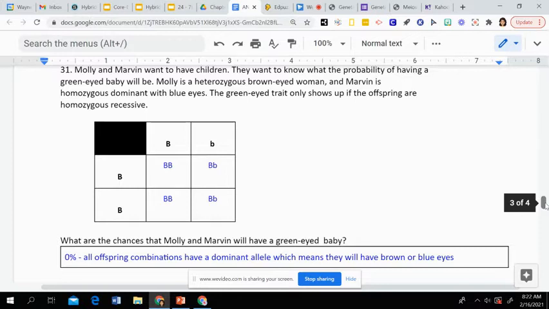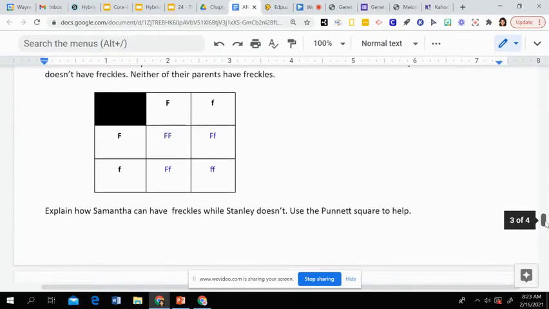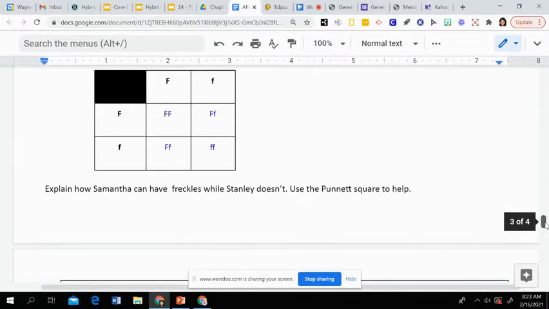You're looking at the crosses. So based on how you cross those alleles, you should see that there's a 0% chance that they will have a green-eyed baby because there's those dominant alleles, so they are going to mask any of those recessive alleles that show up. Then for Samantha and Stanley, they are twins, and neither of their parents